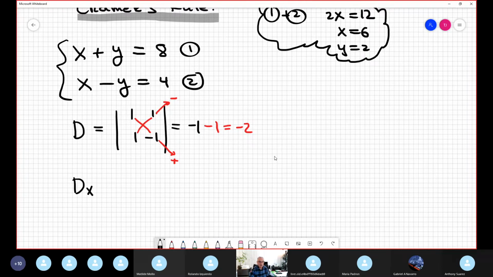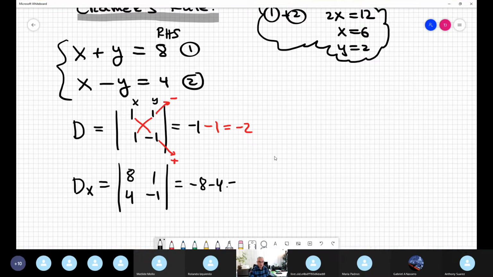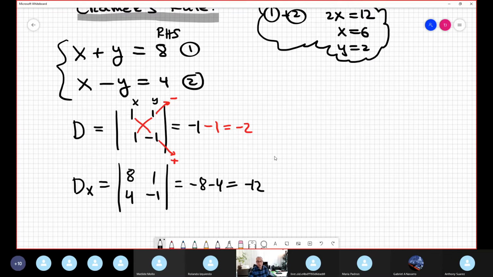It's the same determinant, but you now replace the column of the x, which is this, by the right hand side, 8, 4, and this stays the same. So you see the column of the x replaced by the right hand side. And the column of the y, no, it stays the same. This is Dx. This is negative 8, and this is negative 4. It's negative 12. And Dy